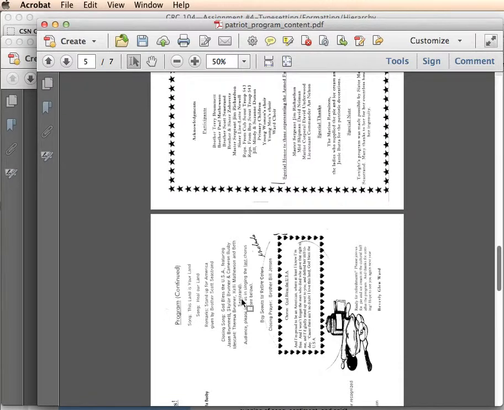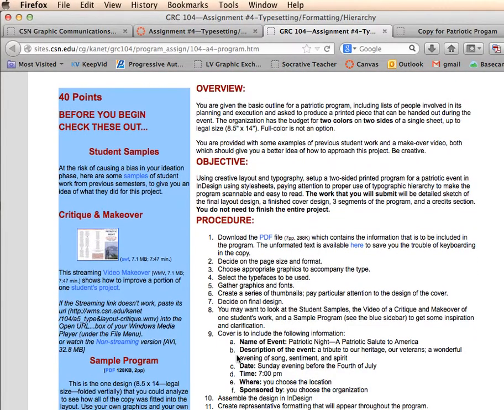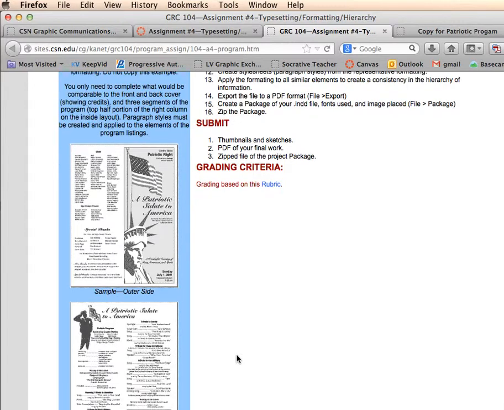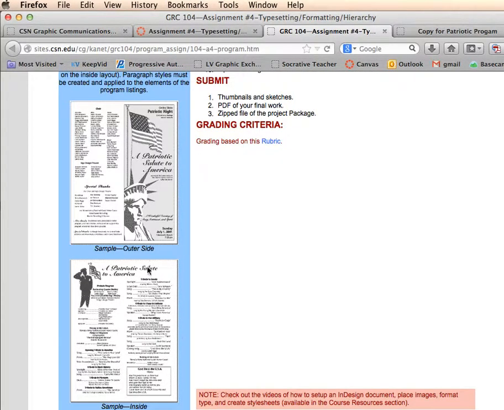In fact, let's go here to the instructions for this particular assignment. You can see this is the piece that I put together for them. It's just a simple legal folded vertical, and I did it this way because there's a lot of lines, and so having it vertical, a legal size, gives me a lot of vertical space. I don't need much horizontal space, so I folded it in half and made it into 2 columns, as you can see here. There's the graphic that I used from a previous year's program, and I picked a few other